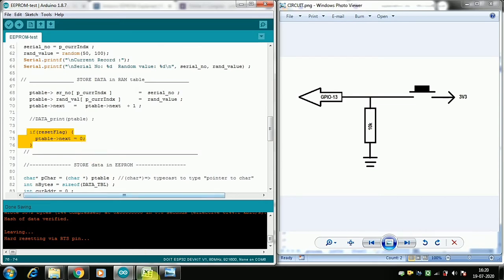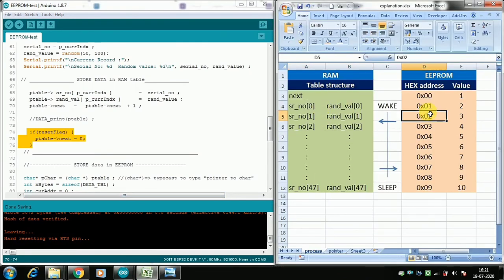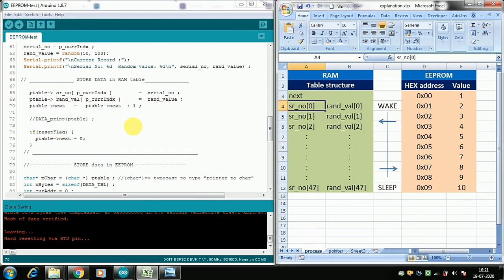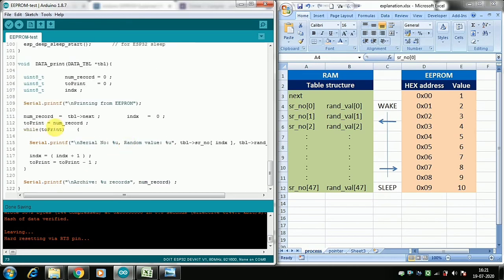So practically, all the data are there only. No data is deleted from there, but because we set the next to 0, it starts writing from 0 again. And when we print, in this data print function, we have given number of records equal to table next.